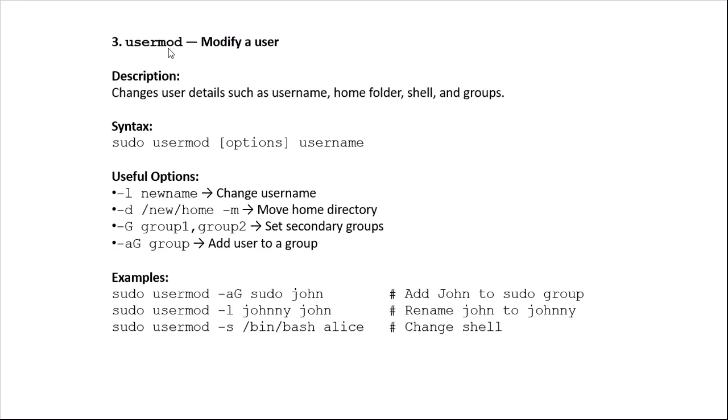The third command is usermod, modify the user. The description is change the user's details such as username, home folder, shell and groups. The syntax is sudo usermod, options, and username. Useful